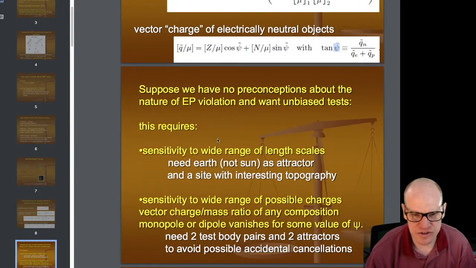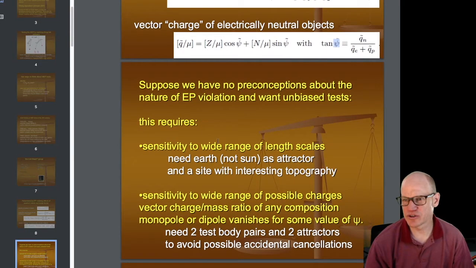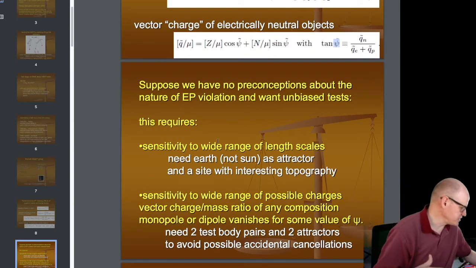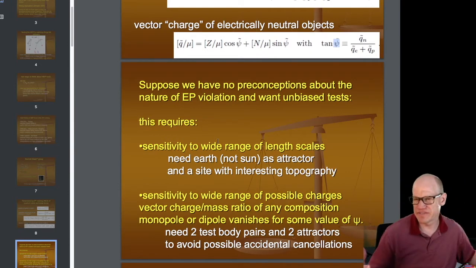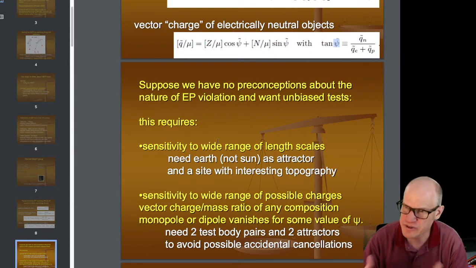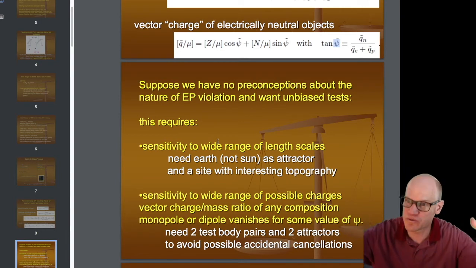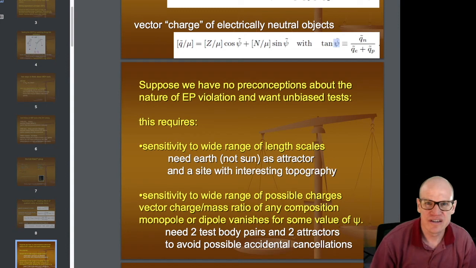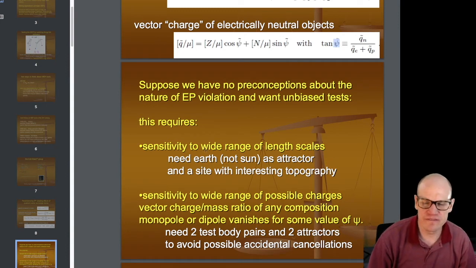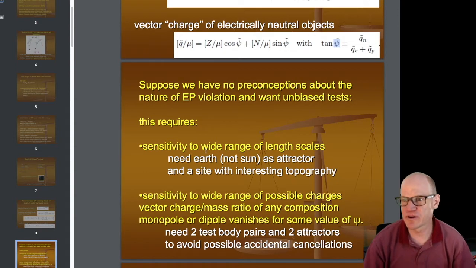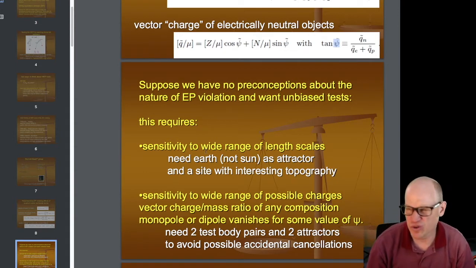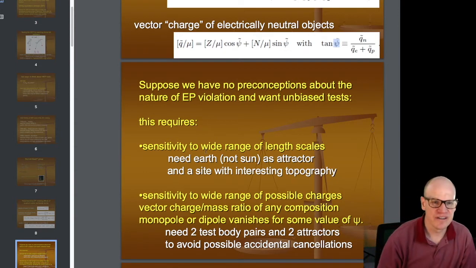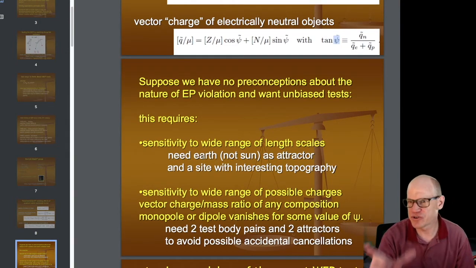So the way that this is interpreted is if there's a violation of the equivalence principle, the way that we would describe it now is that it's not actually an effect with gravity, or perhaps it is, but it's a more general form of gravity that includes new particles and new interactions. And so you're looking for violations from the way that Newton predicts gravity should behave, or the way that Einstein predicts gravity should behave. All right, so you need a wide range of length scales because you don't know if these new interactions are,